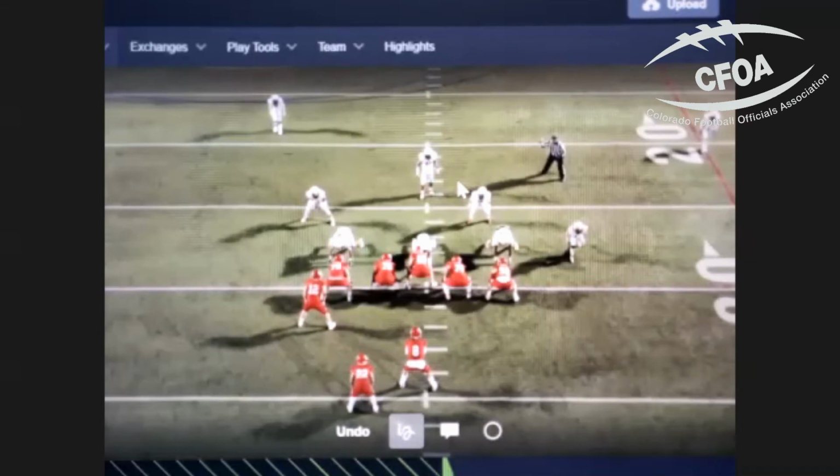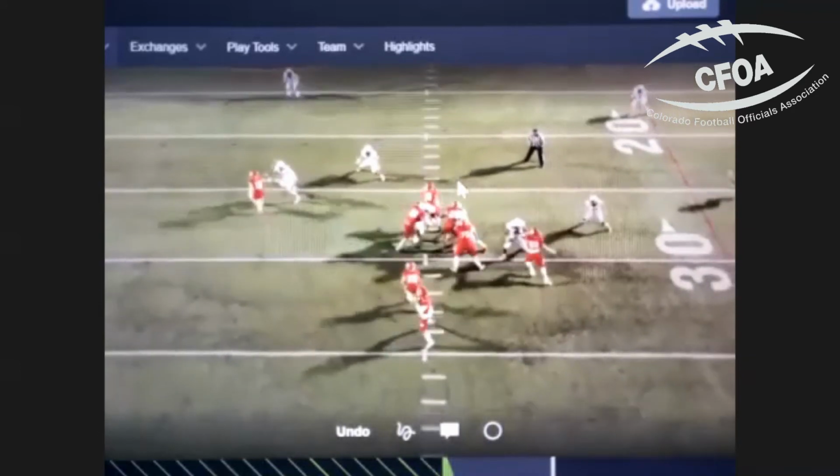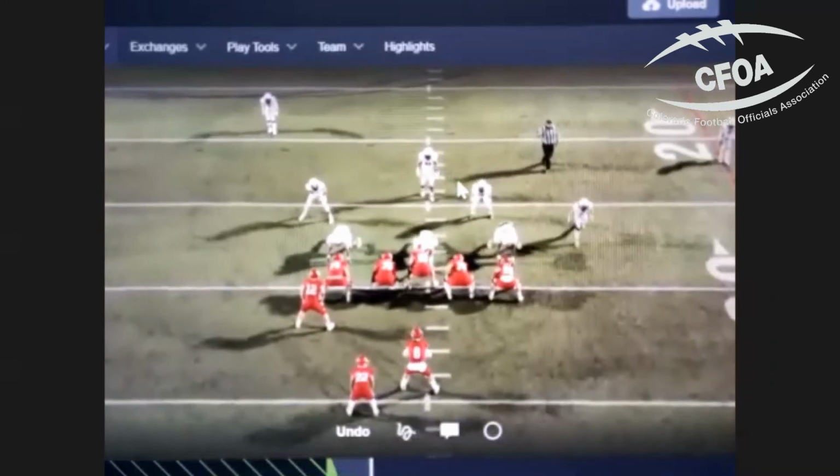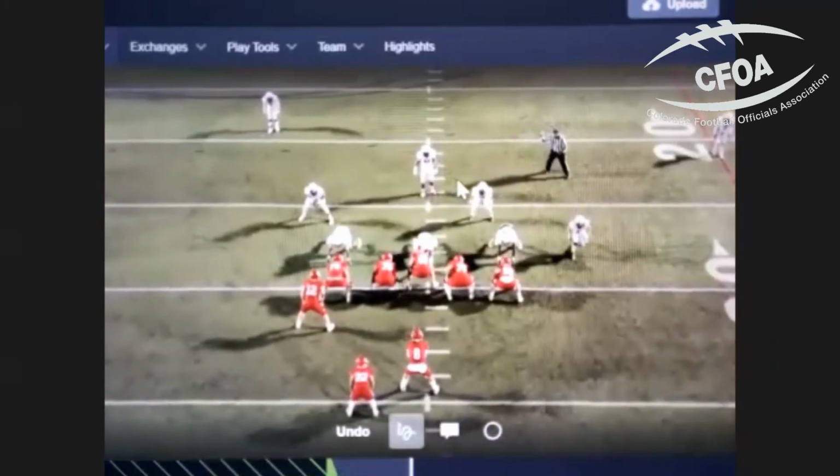Some of the reasons why we can understand ineligibles that are downfield is because they pass the umpire, because of where we position ourselves. It's my personal opinion that we should never be outside the tackles, but Saki, Kirk, tell me what you think. I think he is too wide in this set.